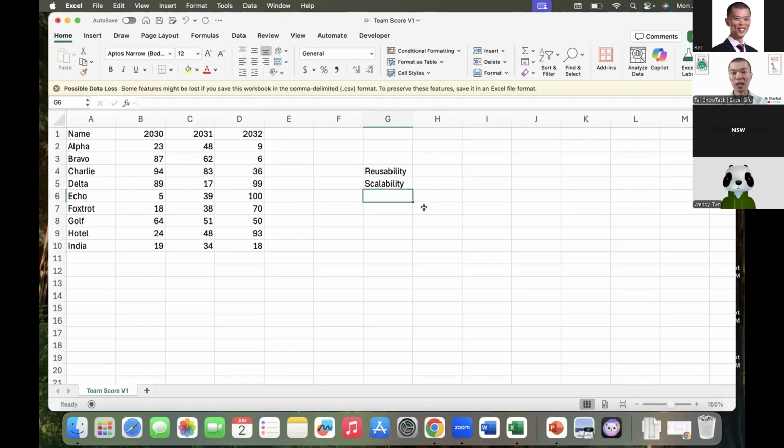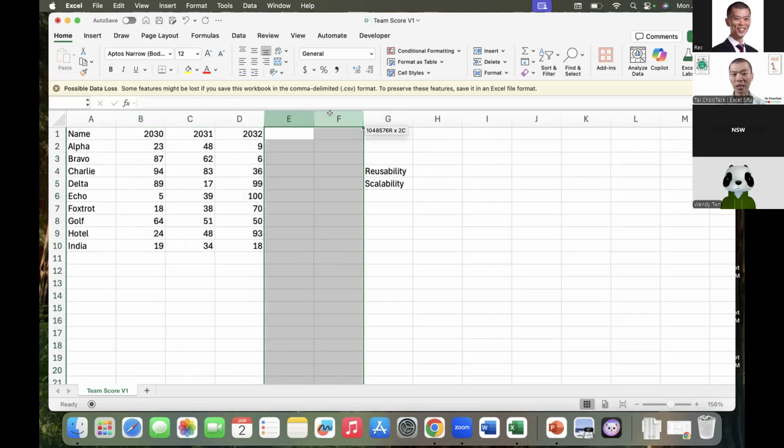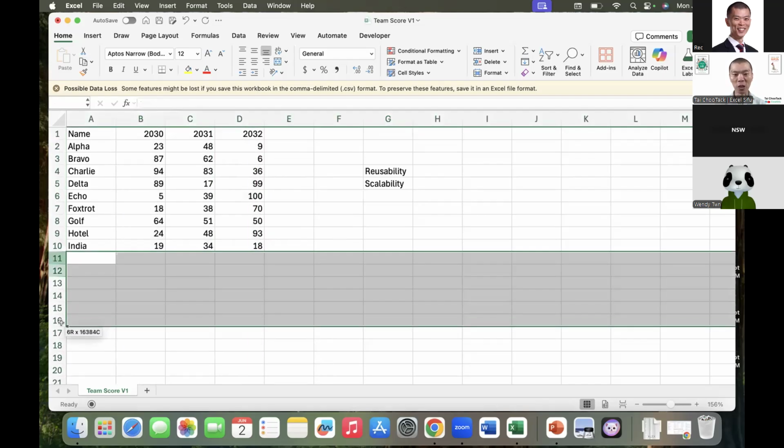Scalability means when our data has an additional year. Now you can see the team score version 1 only has 3 years of data. Whenever it has more years of data or more names at the bottom, Power Query should be able to accommodate those additional columns and additional rows. So that's called scalability. Third one is called